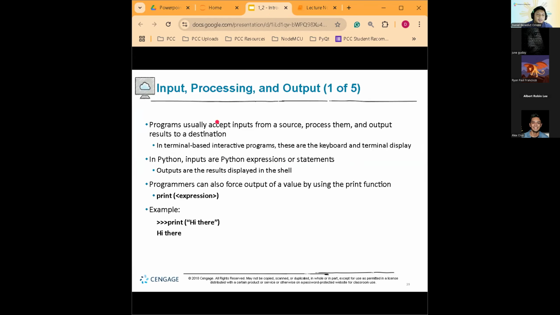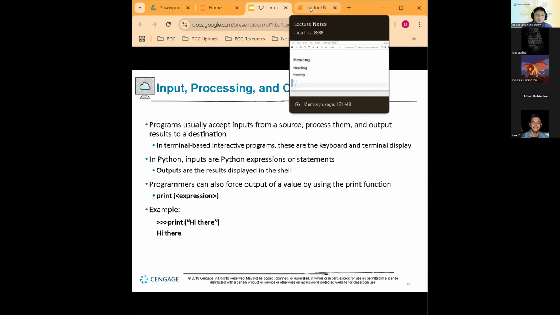Let's see. Okay, so we are at the first part of our Python training, right? And we are greeted by one of the simplest functions in Python, and that is the print function. Okay. So there's a couple of things that we need to discuss. So we need to discuss syntax, right? So syntax is basically grammar. That is equivalent in English language. So in the English language, we